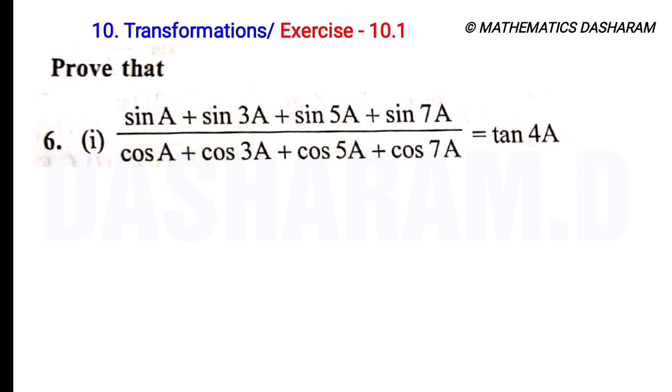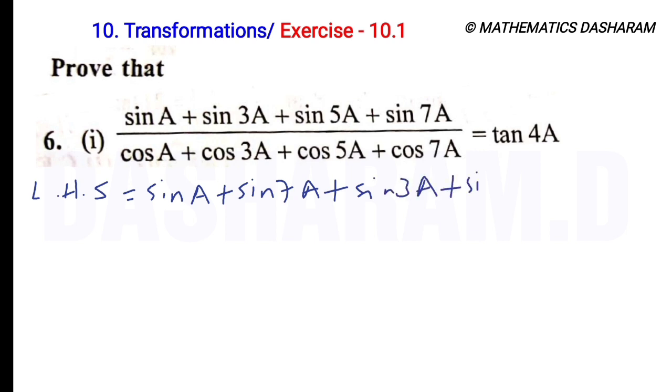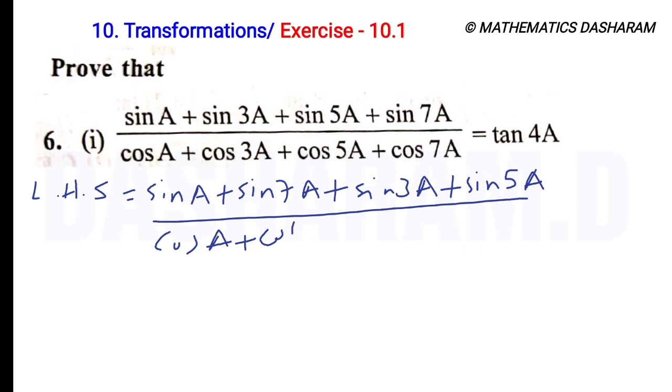That is why we write the first term and last term in one place and the remaining two terms in another place. So LHS equals, with small changes in the numerator, sin A plus sin 7A plus sin 3A plus sin 5A, divided by the denominator, also the same: cos A plus cos 7A,